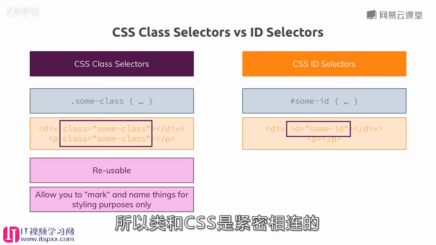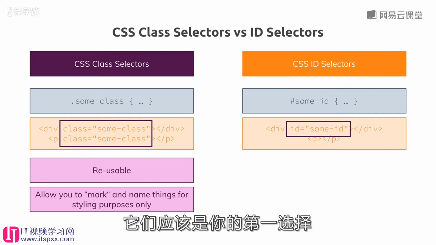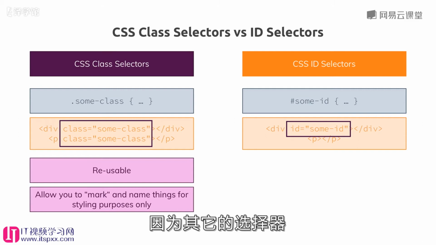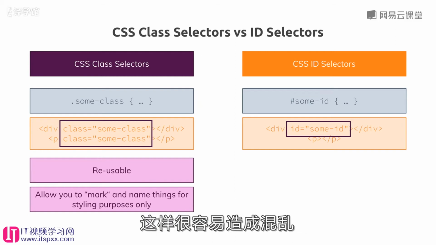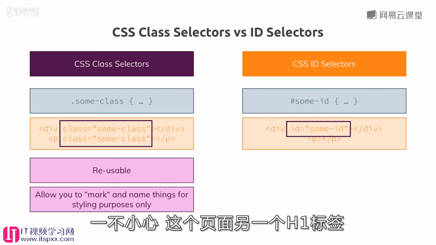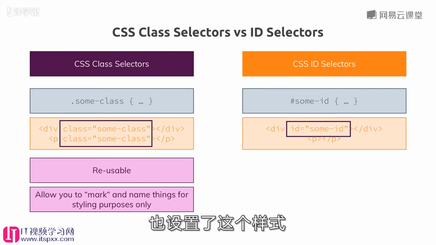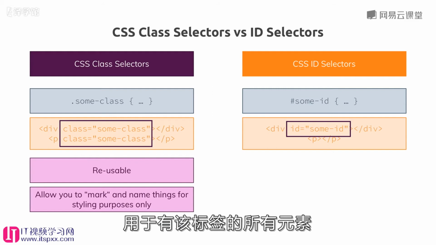So classes are really something strongly connected to CSS, and therefore using a class to style something is rarely wrong. They should be your first pick, because other selectors, like for example tag selectors, often have the disadvantage of giving you less control. It's easy to mess something up just because you style your h1 tag with the tag selector and you accidentally style some other h1 tag on the same page in the same way, even though you didn't want to do that. So only use tag selectors for some generic styles that really should affect all elements of